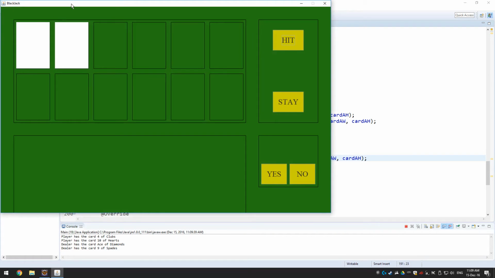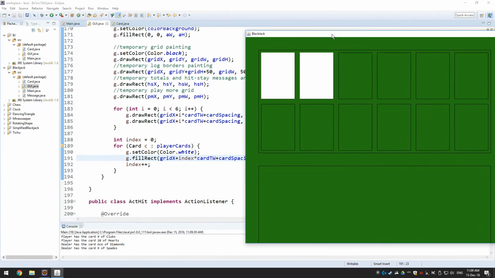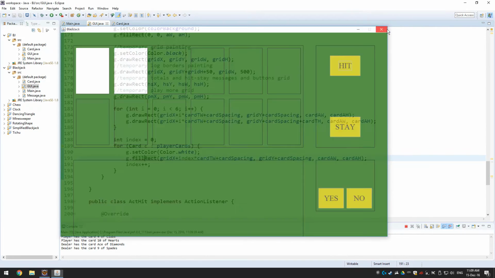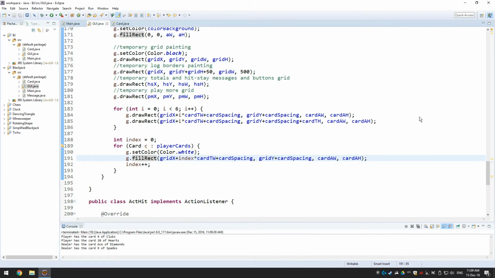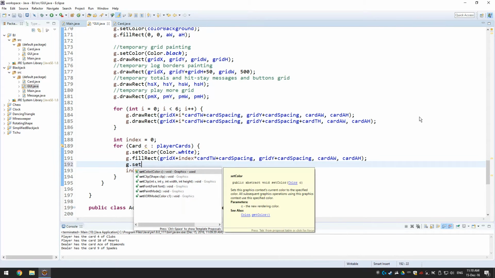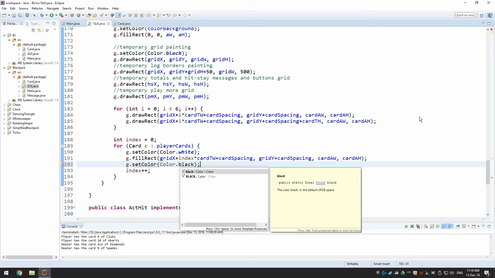So here are our cards, but why are those just blank cards? Well, you're going to see why. What we need to do is let's set the color to black for now. We're going to be changing that in a while,